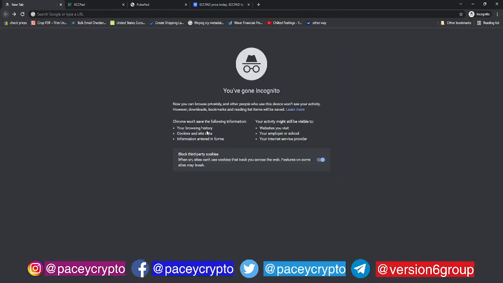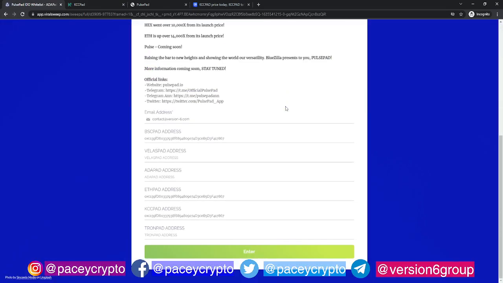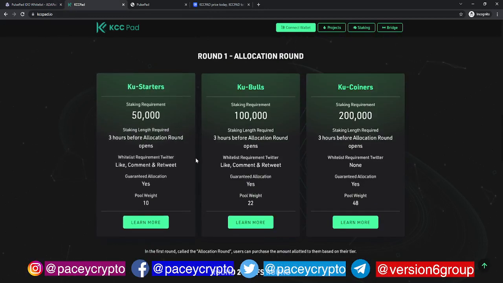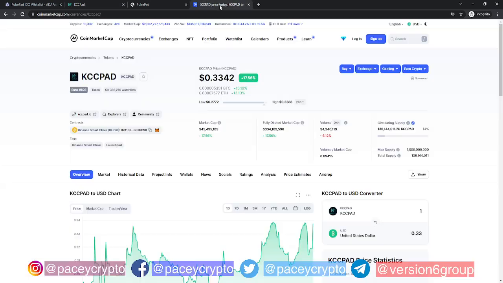So on the previous form, you see each of these platforms that you put your address for is going to get you into the base tier. For example, KCCPAD: the base tier is Coolstarters, with 50,000 staking requirements. That's pretty high. You've got to stake 50,000 KCCPAD to be in the Coolstarters, which right now,